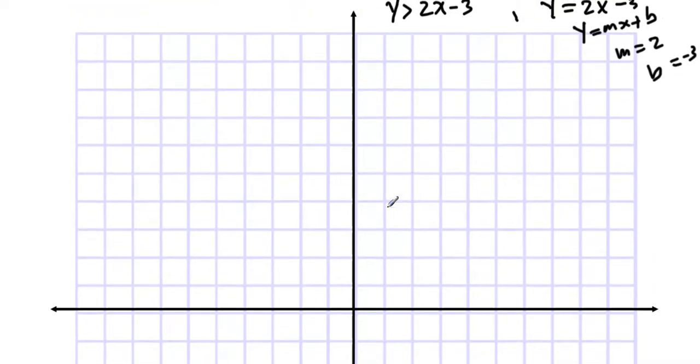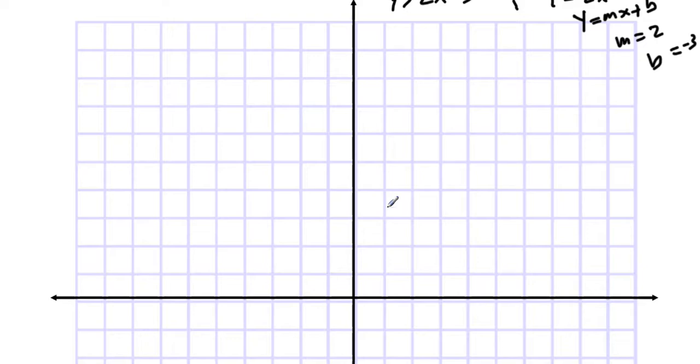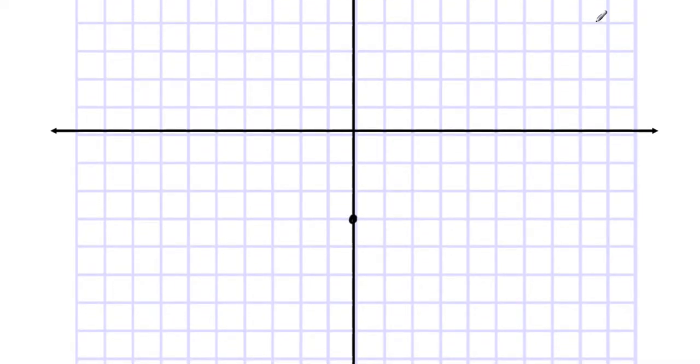After graphing our y-intercept, let's use our slope to find the other point. Our slope is 2, or the same as 2 over 1. So if the slope is 2 over 1, that means our rise is 2 and our run is 1. So we rise 2 units up and we run 1 unit to the left. And we simply connect the points after that. So, connecting those two points,